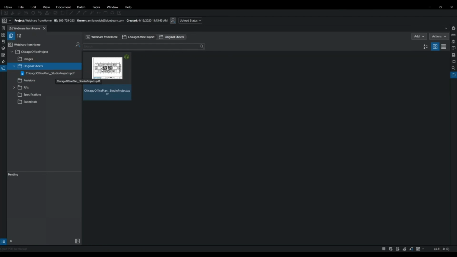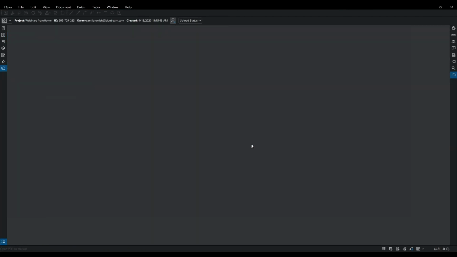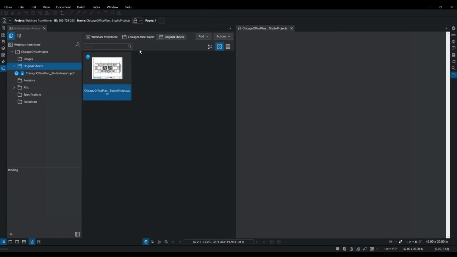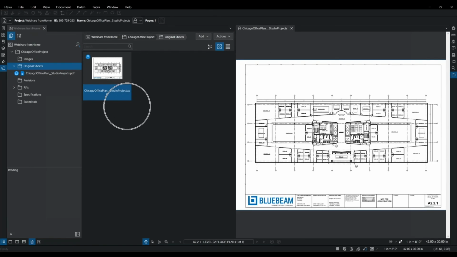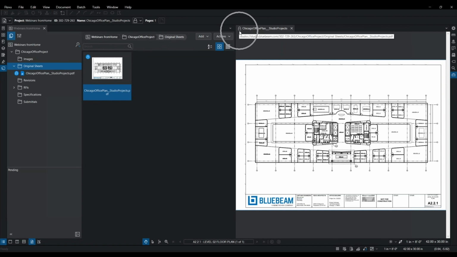There are two ways that I can go about this process. If I double click on the file here, it's going to ask me if I want to open it in a split view. I'm going to say yes. What that's going to do is leave all of my project settings over here on the left and allow me to see my actual file over here on the right. What you will also notice is that all of my actual toolbars are grayed out. I can't make a markup because of this option here that's showing this lock icon. This is basically like opening up the book in the library, but you can't actually write anything in it.